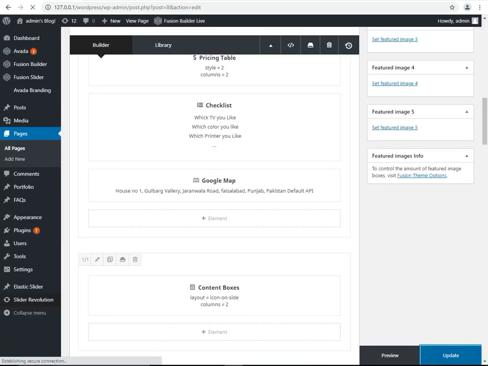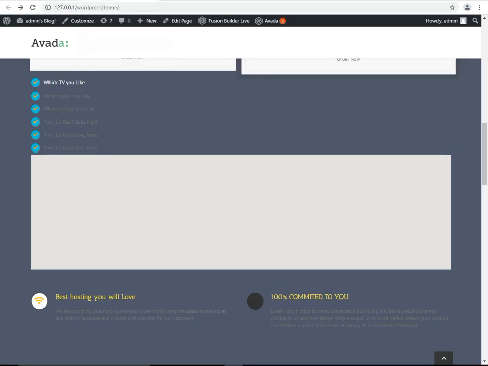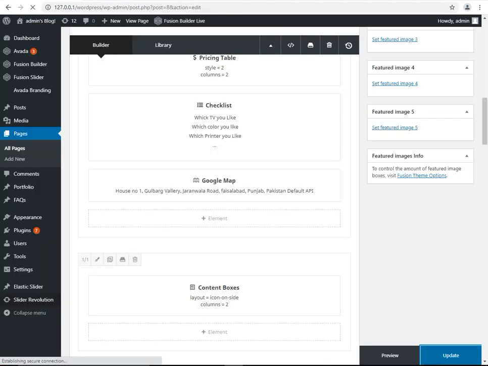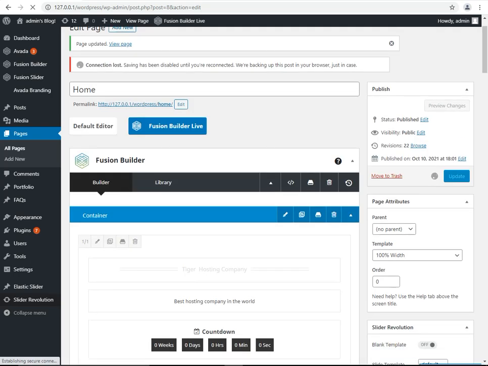This is my friend's address. I am going to add this. Let's see whether the system updates this setting or not.